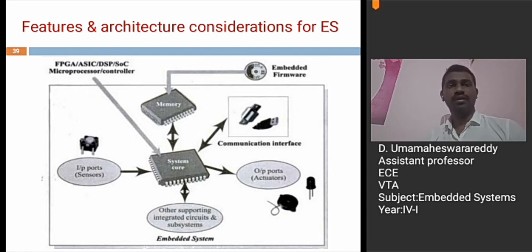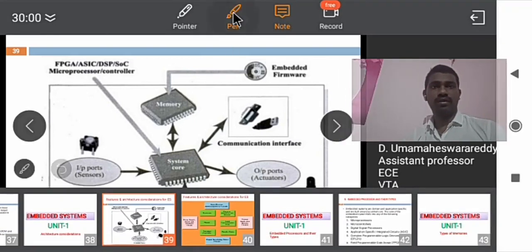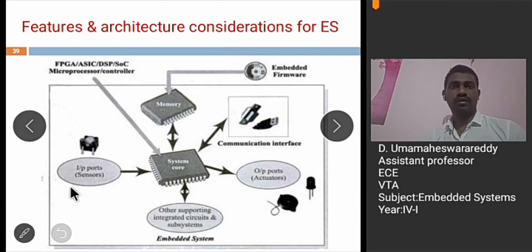And coming to the detailed explanation of each block, see what sensors do. Here, the sensors are used to sense or detect the changes in the input variables. They sense the changes in the input variables and convert them into electrical signals for any measurements to be taken. The sensors are connected to the input ports. Then coming to the actuators, actuators are used to convert electrical signals into corresponding physical action. So, the actuators are connected to the output ports.